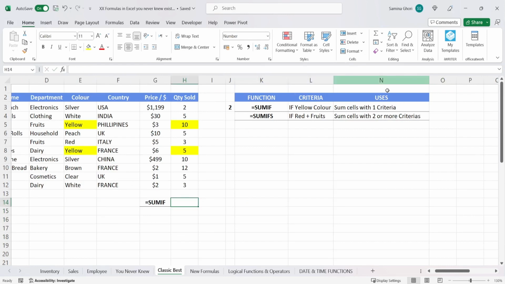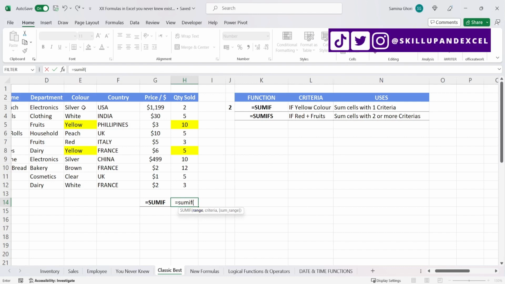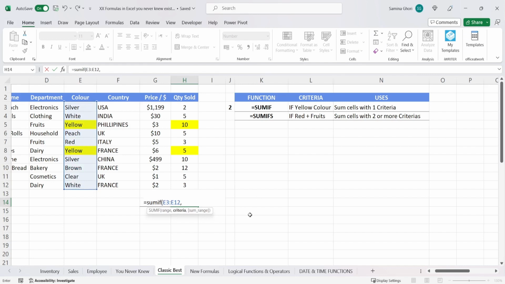What this does is have a criteria within the sum. So in the first option here, the SUMIF, it only allows you to have one criteria. And what we're going to do is, if the color is yellow, we want it to return the quantity sold. So we want to do the formula equals SUMIF, open the bracket. Now the range where we want to look for the criteria, so we highlight this, then we press a comma,